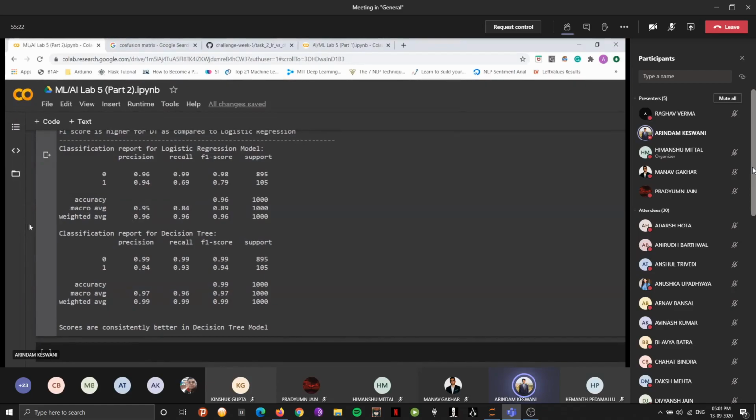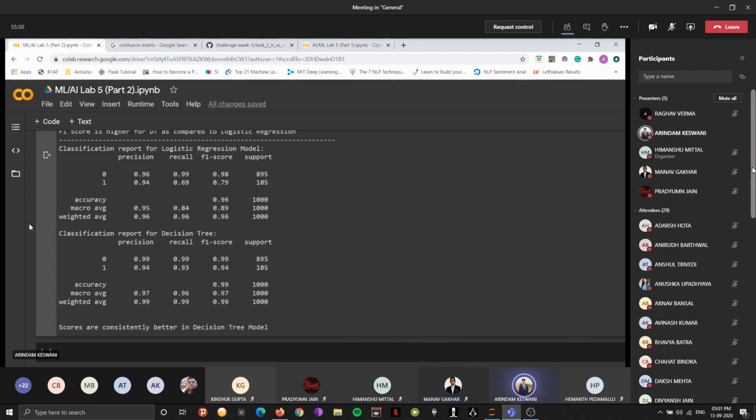So as far as the question of outliers is concerned, I personally think it's about the imbalance in the data set. Just look at the recall of 1. There's a huge difference in the recall of 1. In the logistic model, it's 0.69, and in the decision tree model, we have 0.93. So would you be able to make the conclusion that it's less sensitive to an imbalance in the data set and still focuses on the 1 as well as the 0, even though the 1 is less in number?